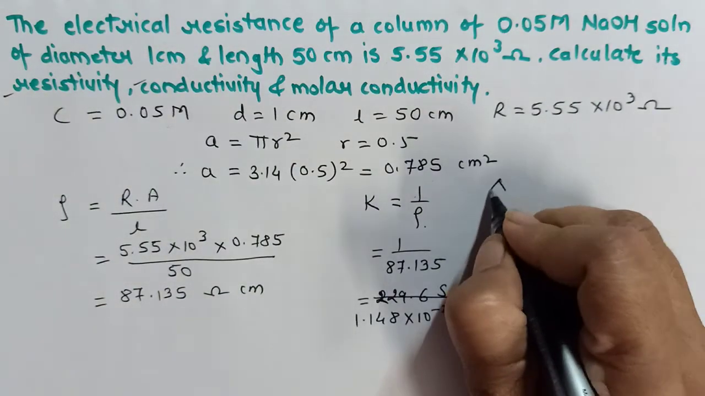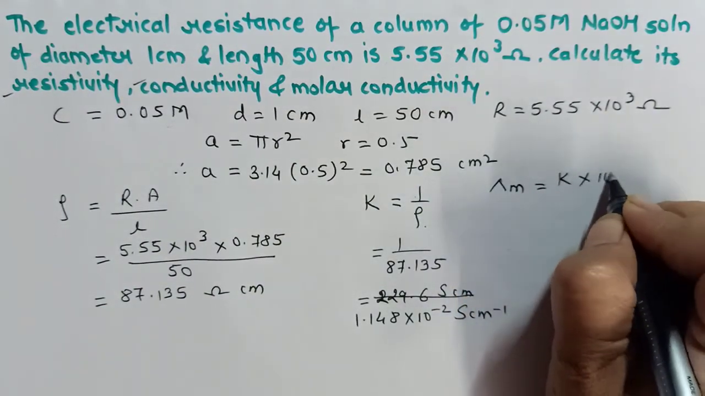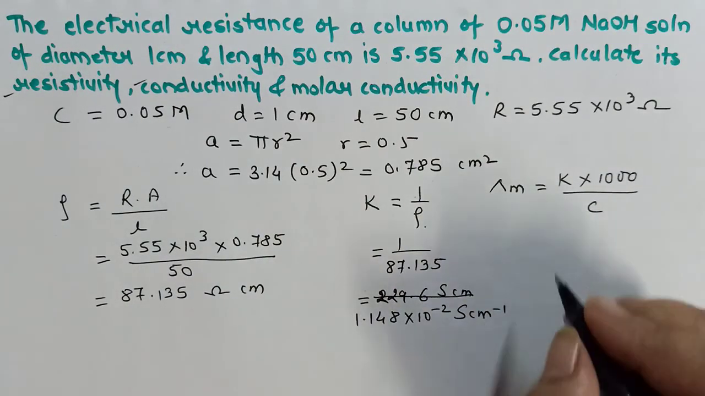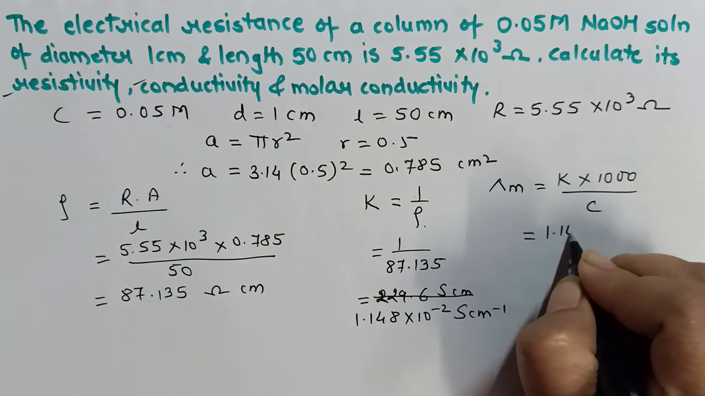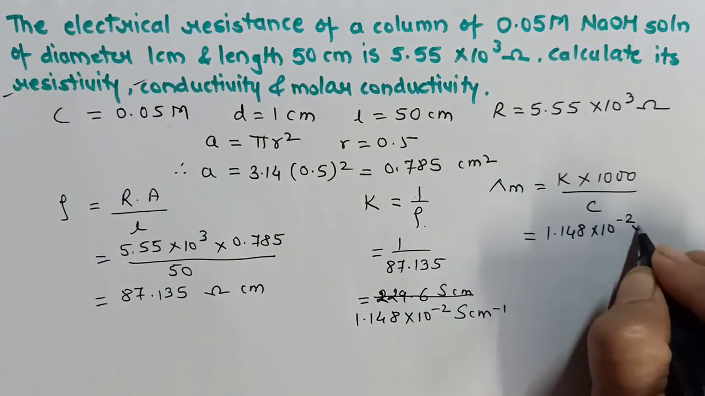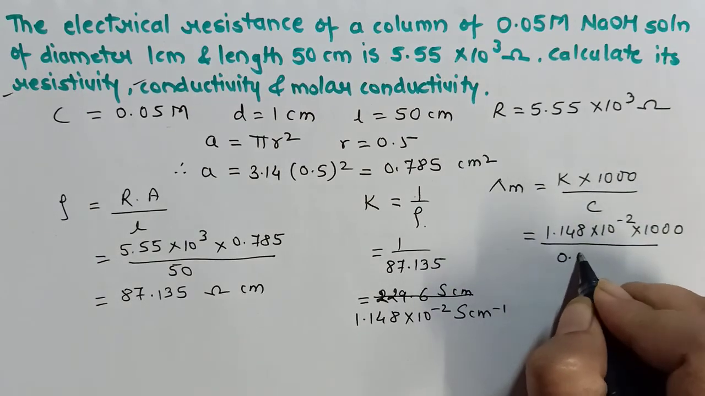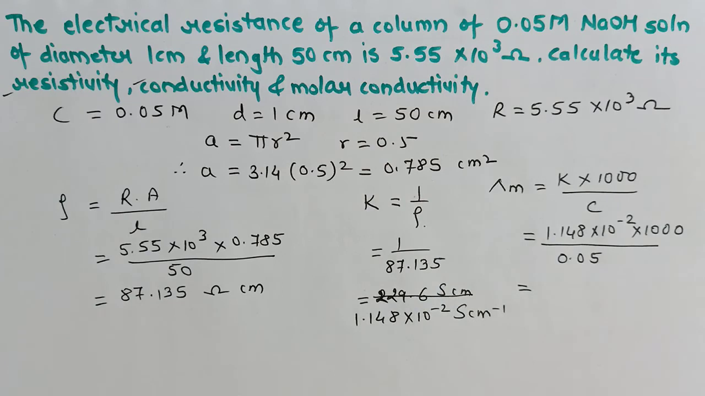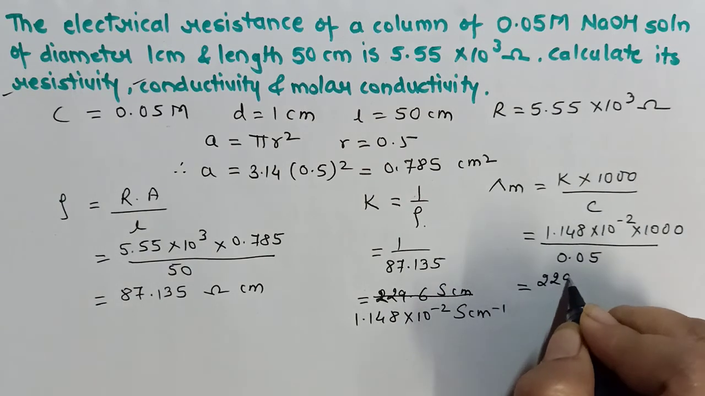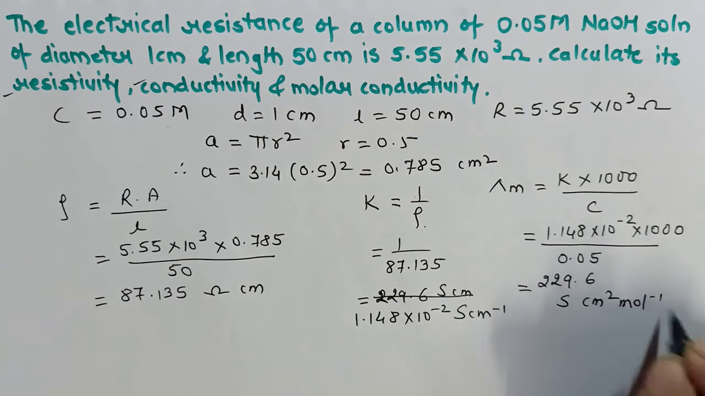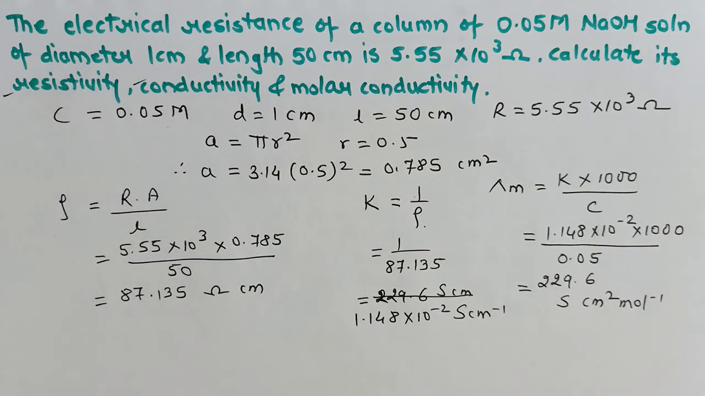Now molar conductivity. Molar conductivity is K into 1000 upon C. Value of K is available. Value of C is available. So K is 1.148 into 10 to power minus 2 into 1000 upon concentration 0.05. So this value comes to be 229.6 Siemens centimeter square mole inverse. So this is how we have to apply so many concepts to solve the numericals related to electrolytic